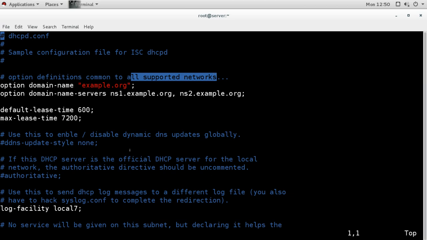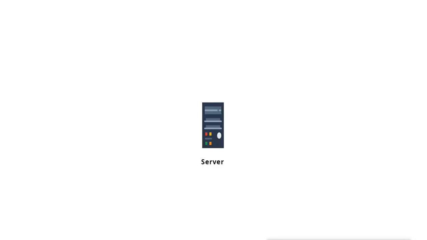That means we can create a DHCP server for multiple different networks. For example, if your server is connected to different networks, then we can create pools of DHCP IP addresses for different networks. Suppose this is our DHCP server. It can connect to multiple different networks.